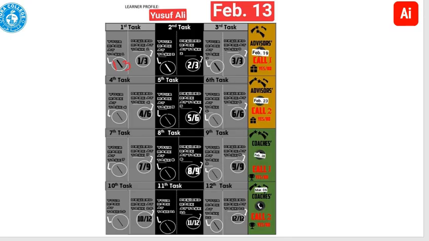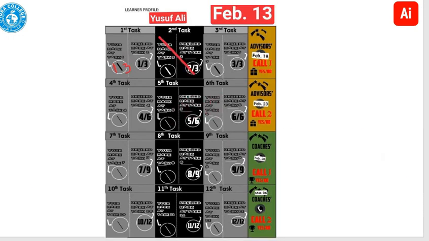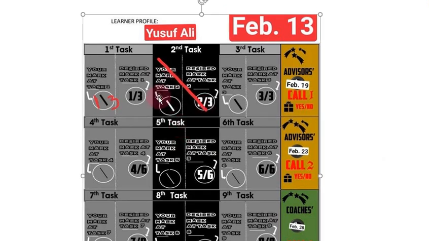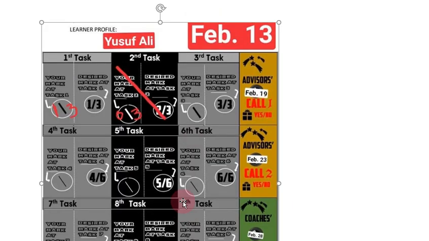All right. So I want to show you another example just to be clear. We're almost done. We have about 5 minutes. So imagine Yusuf, he does his first task. Boom. We give him an appointment for all the days he's going to get a call. Imagine Yusuf, the second day, he doesn't do the task. He's busy that day. He didn't have time. What is he going to get here? So he did the first one, 1 over 3. What's he going to get over here? What do you think? That's right. He's going to get 0 over 3. So he has to start over.